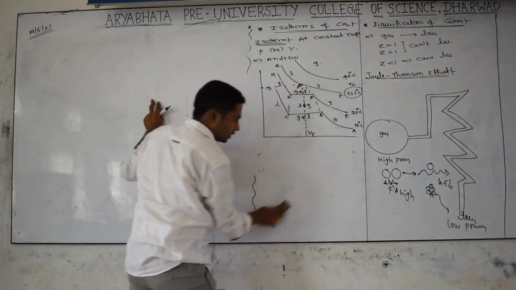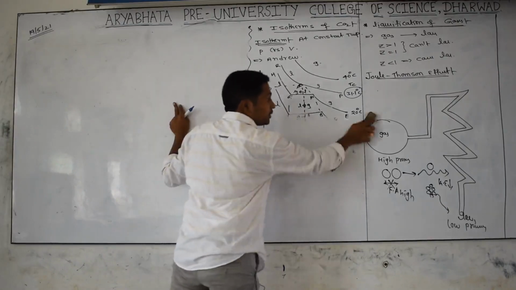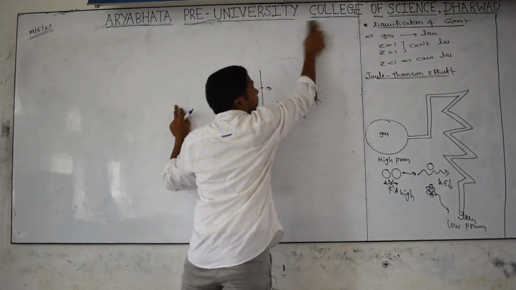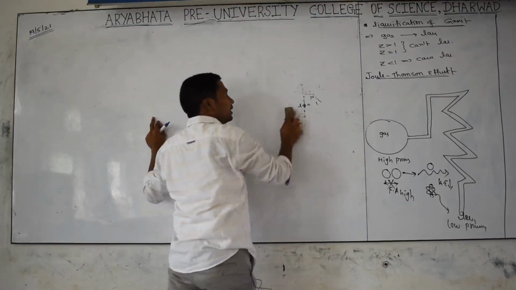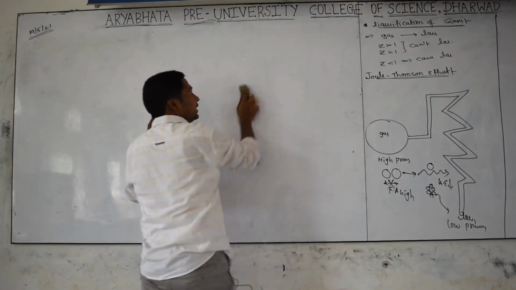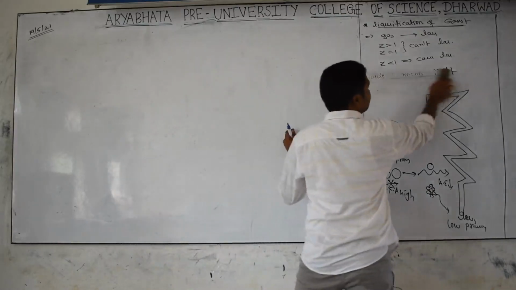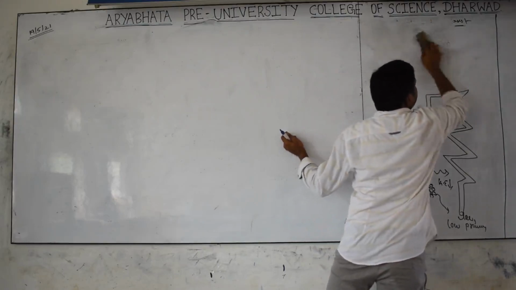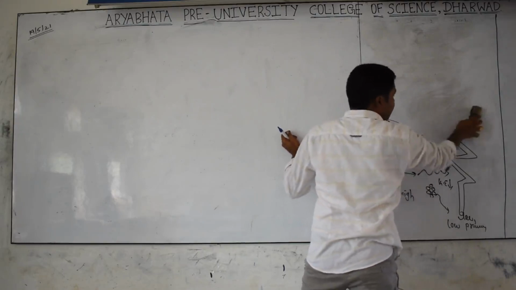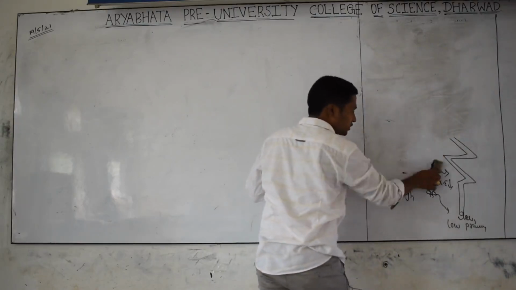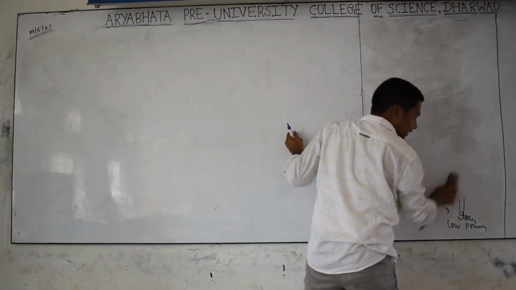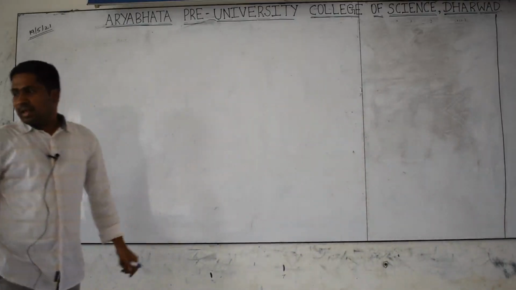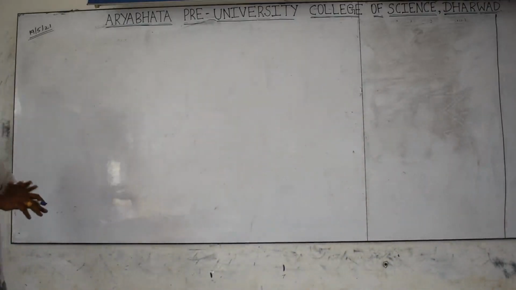And the Joule-Thomson effect: when you send the gas from a high pressure region to a low pressure region, what happens? The gas molecules want to move fast, but the force of attraction will be there. They have to break down the force of attraction. The energy is taken from the kinetic energy of the gas molecules. Finally, the kinetic energy of the gas particles decreases. So when kinetic energy decreases, what can we say? The molecules are close to each other and condensed. Condensed means they are becoming like liquids. So this is called liquefaction of gases. Now with this, the gaseous state is over.